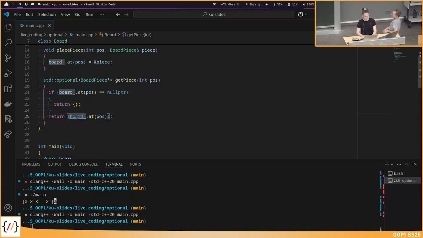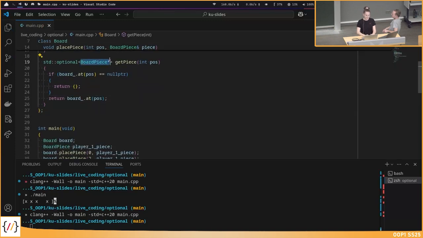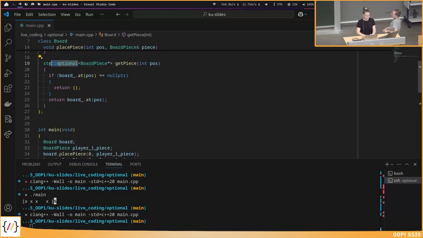And what I did before is I even left out these parentheses, because if you have something of this type here, you can implicitly cast it into an optional type which has this value. So it's really comfortable that you don't need to explicitly call the optional here, but you can just return usually, or nothing in the case if there is no value.